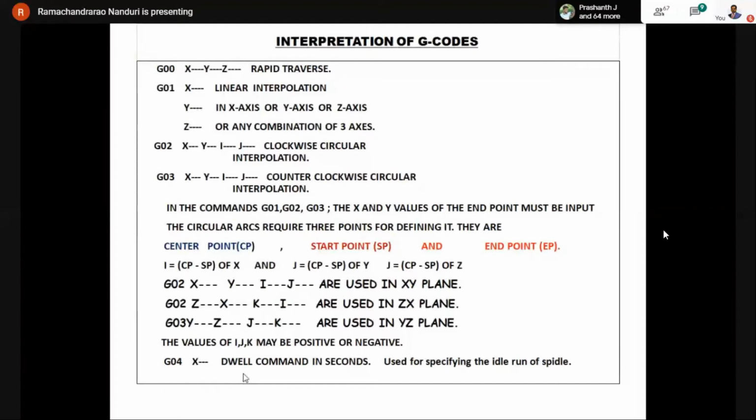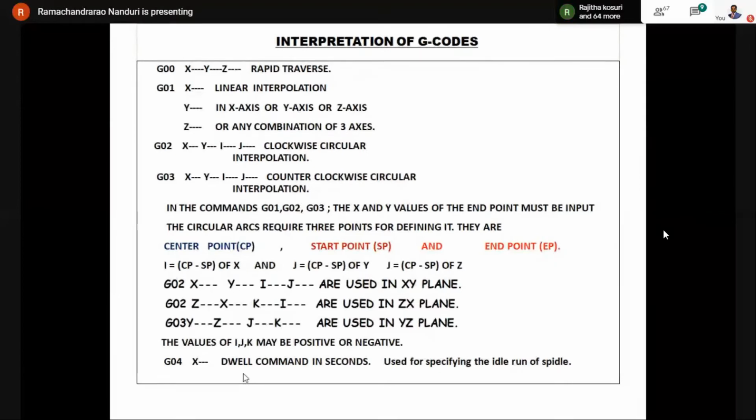And the fourth command is G04. G04 X dash. X represents the number of seconds by which the spindle is allowed to rotate. Okay. Suppose you give G04 X4 and the spindle is rotating at 600 RPM, what happens? 600 RPM means for every minute it will be rotating by 600 revolutions.